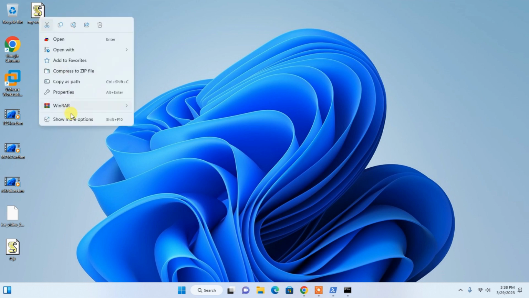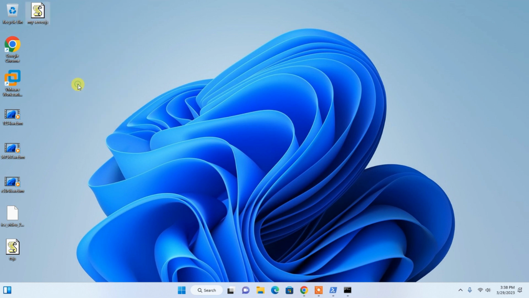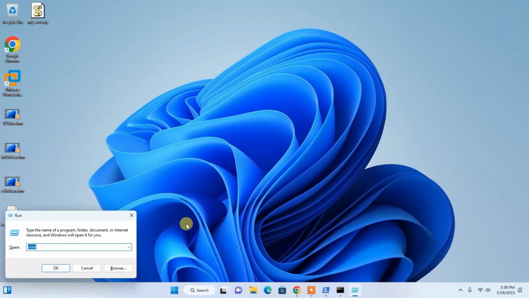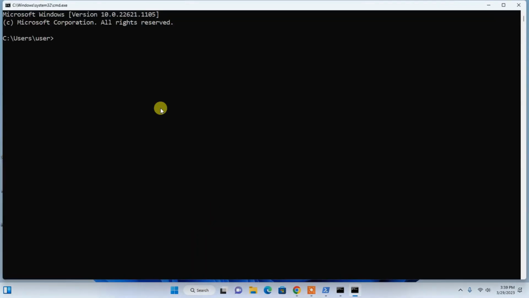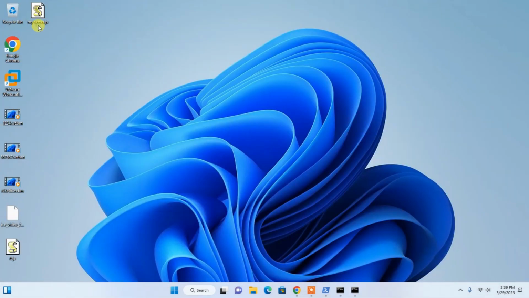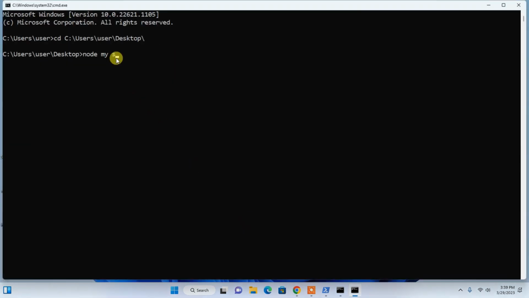We have to copy the path of this file. Copy this path, and now we have to go to the command prompt: type cmd and click OK. Here you can write cd and paste the path and press enter. Now we are in the desktop. Here you can write the command node and the file name. That file name is myserver.js